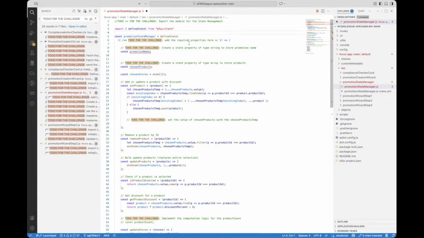Then we need to add a required property here. So let's go and add a required property like this, and we can remove this, we don't need it. Okay, and I will take it here and again mark it like this. Then we need to create a state property. So we also need to create a state property. So go there and do it